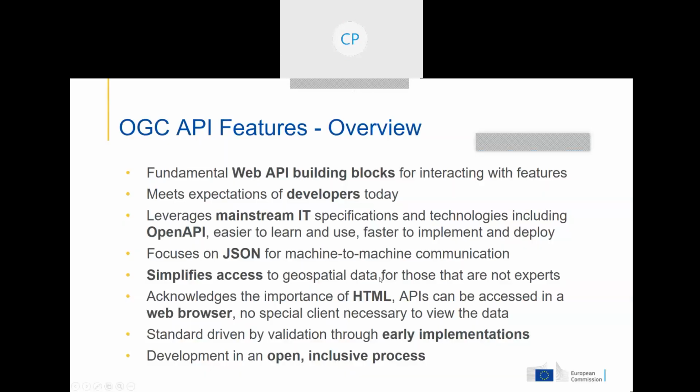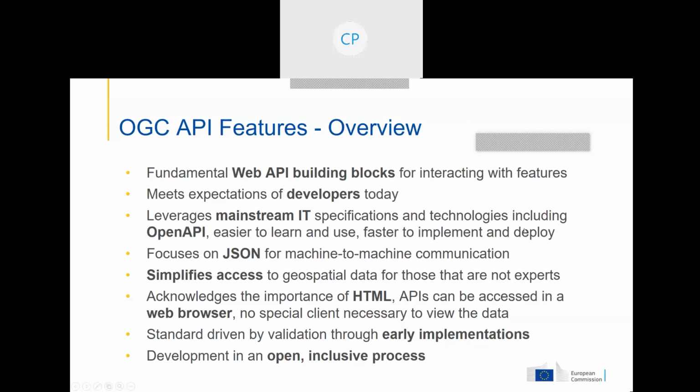So basically, OGC API Features actually started as WFS, Web Feature Service version 3.0, but then the whole activity got more momentum, more traction, and is extending to other resources beyond features. So there is this new family of standards that's coming from OGC, the OGC APIs. And let me explain a little bit what I mean when I say modernization.